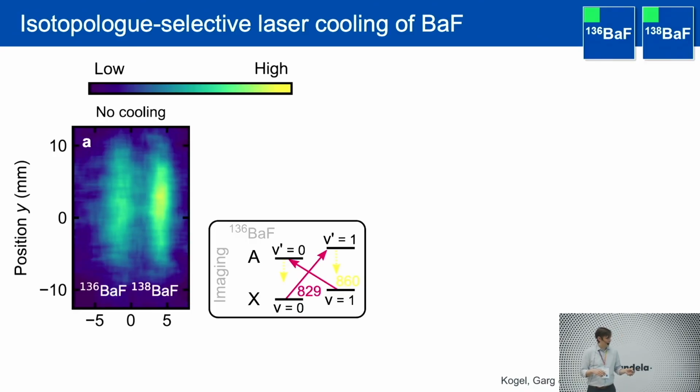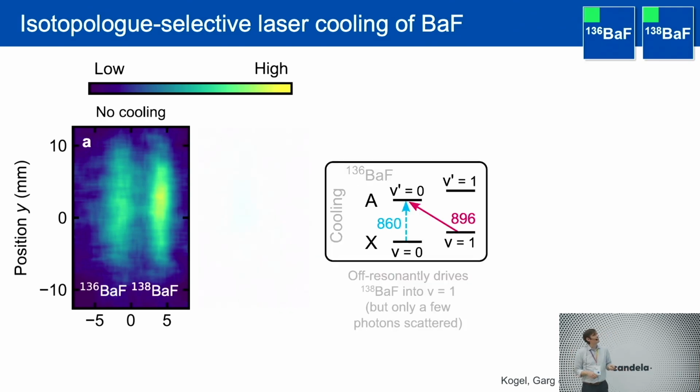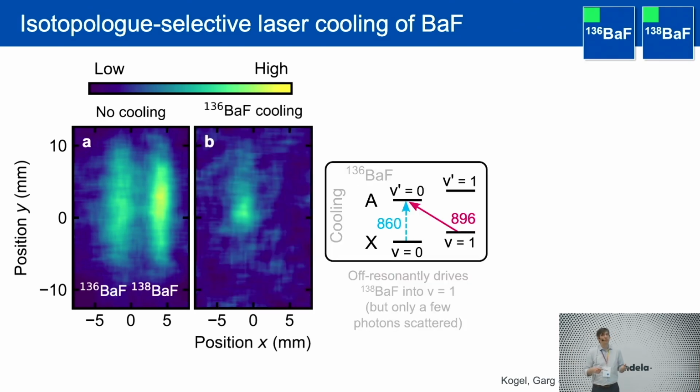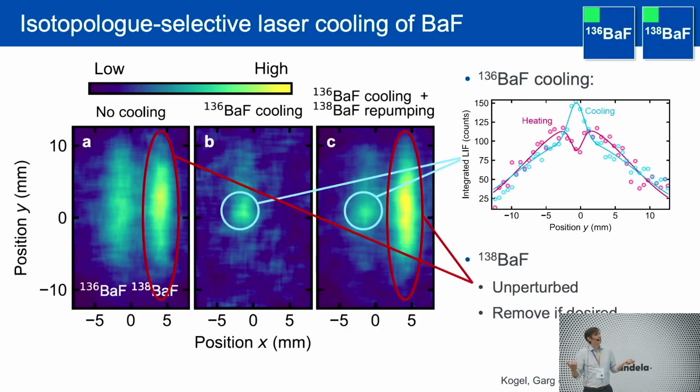And so we can have our beam and we can now image both isotopes separately by just using two different ways of building the optical cycle. So one with this Raman scheme, the other one with a regular cycle, and then you see them independently. You can apply cooling to the rare isotope, which then, as you've seen, because of the spectral overlap, affects the more abundant isotope here and it disappears. But we know that it has just scattered one or two photons and gone into the first vibrational level, and we can just bring it back. And then we can see that the rare isotope can be cooled selectively. The other one remains completely unperturbed.